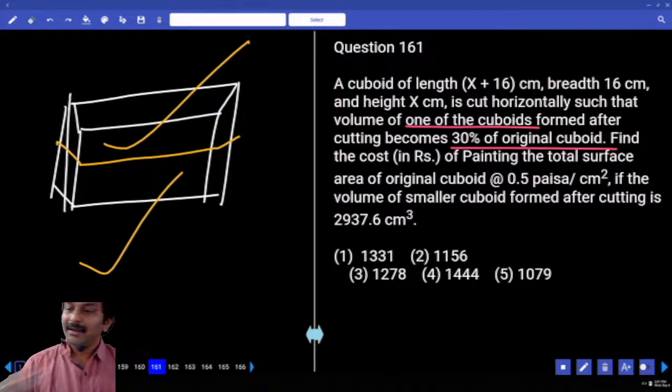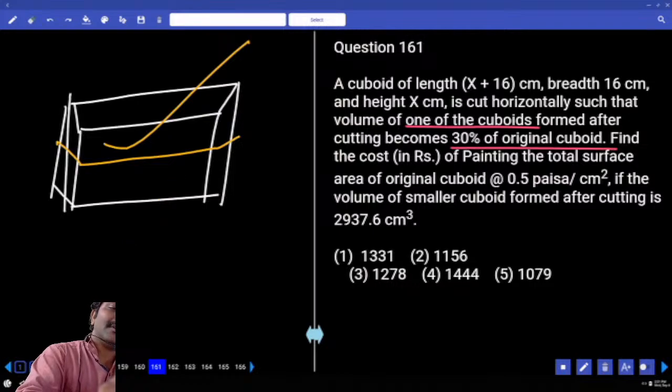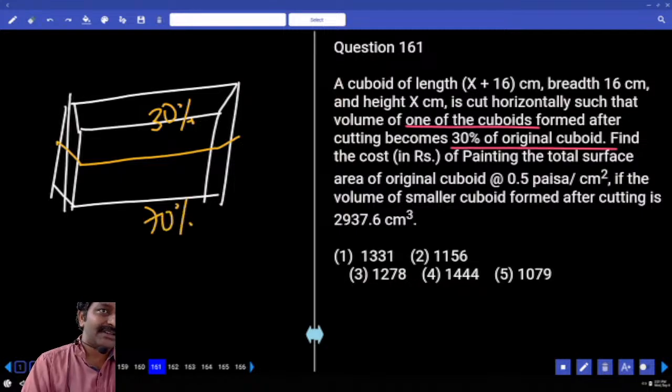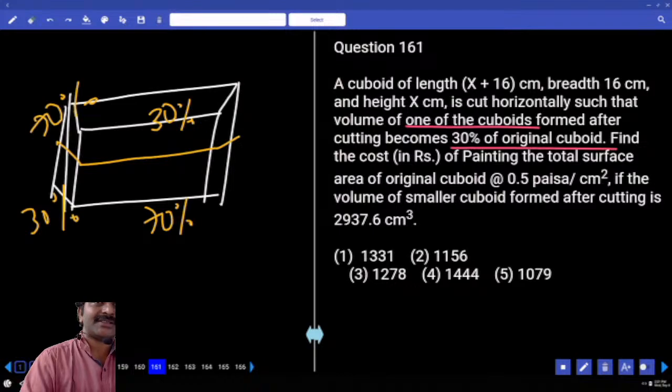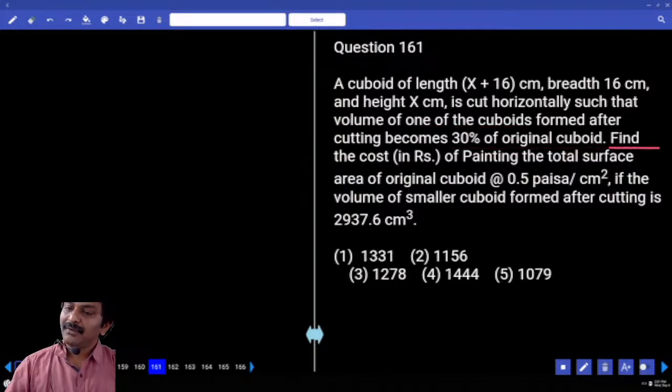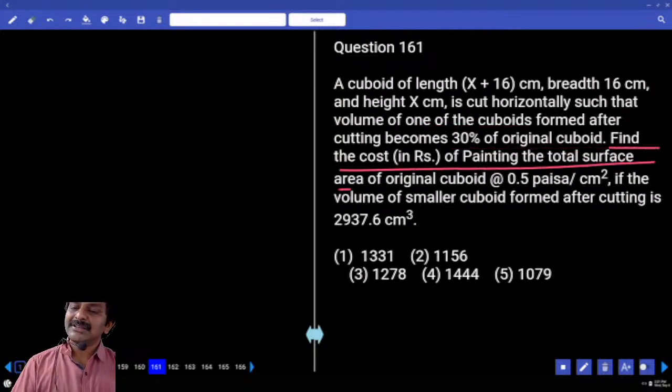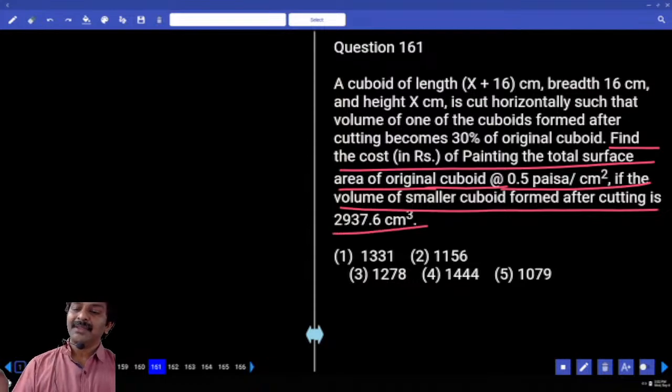Is that okay? Now according to the condition they are saying one of the cut volumes is 30% of the original volume. So you can say this may be 30% and bottom may be 70%, or vice versa also. Understood? First one may be 70%, second may be 30%. You never know it. Is that clear? Next, find the cost of painting the total surface area of original cuboid at half paisa per square centimeter. The volume of the smaller cuboid formed after cutting is